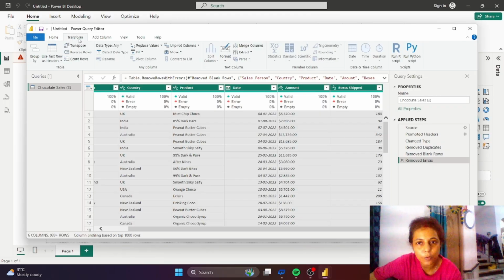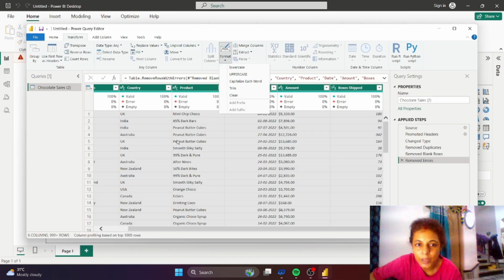Before that, we also have to follow some other cleaning functions. So let's do that. Click on Transform and go to Format, click on the down arrow of Format.